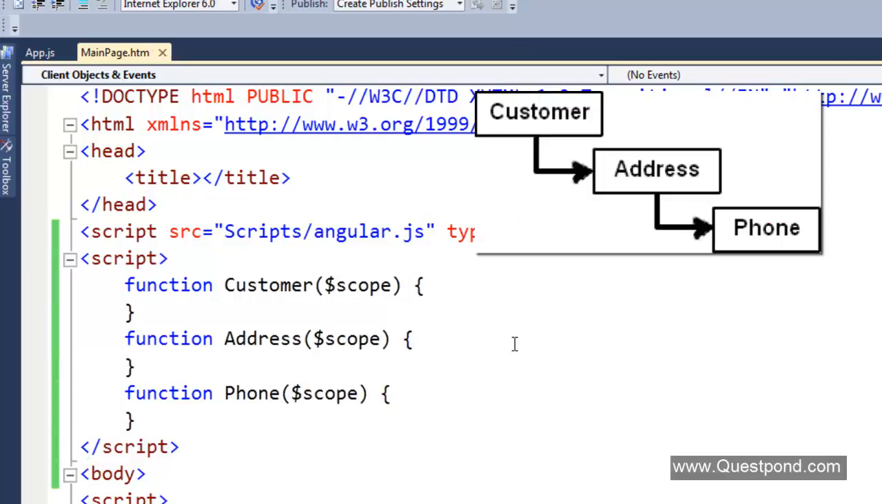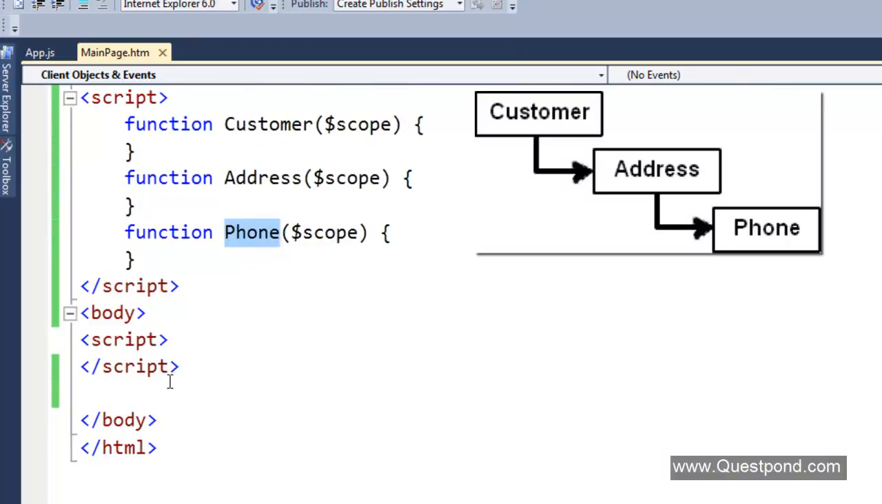Now when you create these controllers, you can definitely create them in an isolated manner, but when you start using them inside your project, they can have complicated relationships. For example, I can have a relationship where there is a customer, that customer has address, and the address has phones. So in other words, the controllers can be developed in an isolated manner, but when I start using the controllers inside my